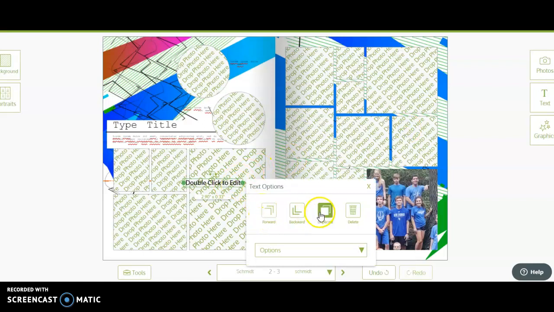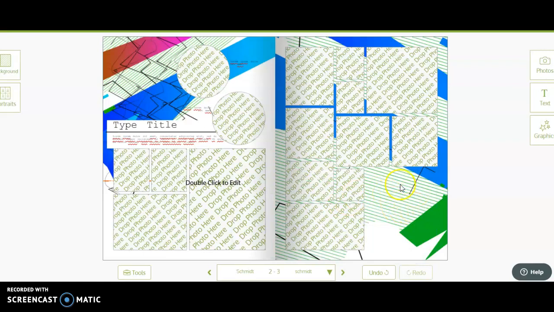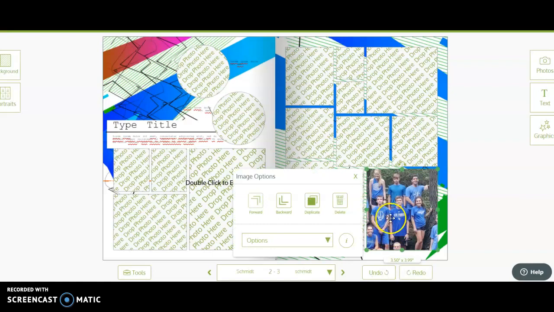These forward and backward, duplicate and delete options are on the text and the images. It's saying if you want it to be in front of or behind something, so you can layer things and pull them ahead or behind. If you have something that you would like to duplicate, make another one, put it somewhere else, that's how you do that. Or you can delete something. If you do this kind of delete, you'll lose your whole picture. Or